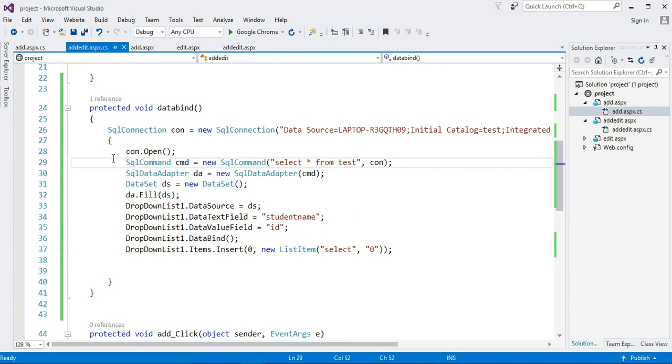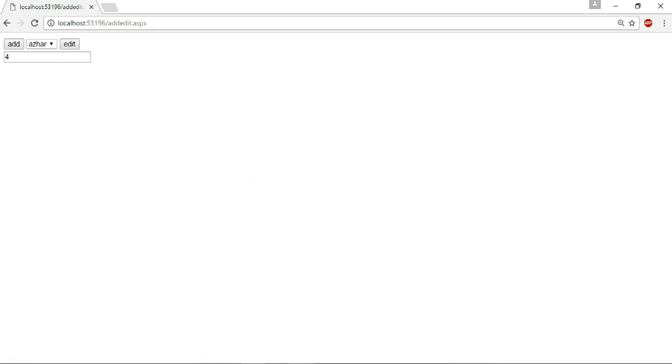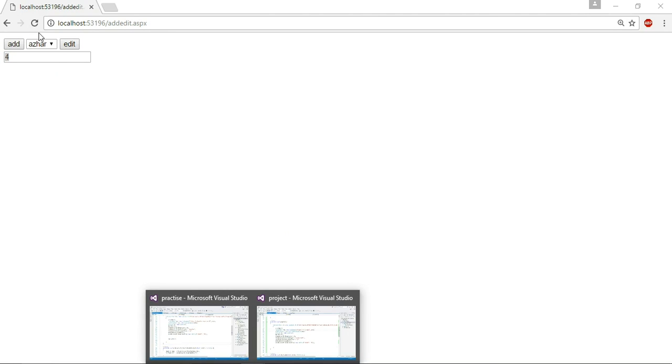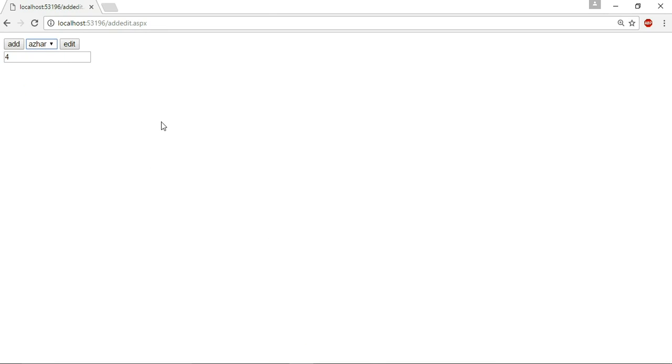Now I want to show data related to the option which I selected on the drop down list in all text boxes. So for that we have to use a data reader. First of all, we have to pass this text box ID value to the edit page to read the data of this selected item.